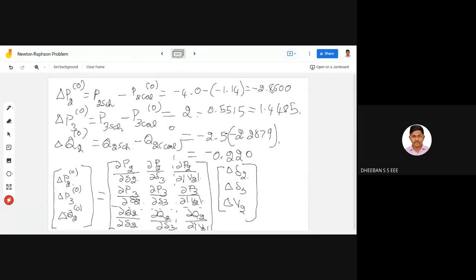So we have already seen the Jacobian matrix formula, right? Over here, this corresponds to your diagonal elements, and this corresponds to your off diagonal elements. Now we will be starting with your diagonal element. So for your diagonal element, the formula is